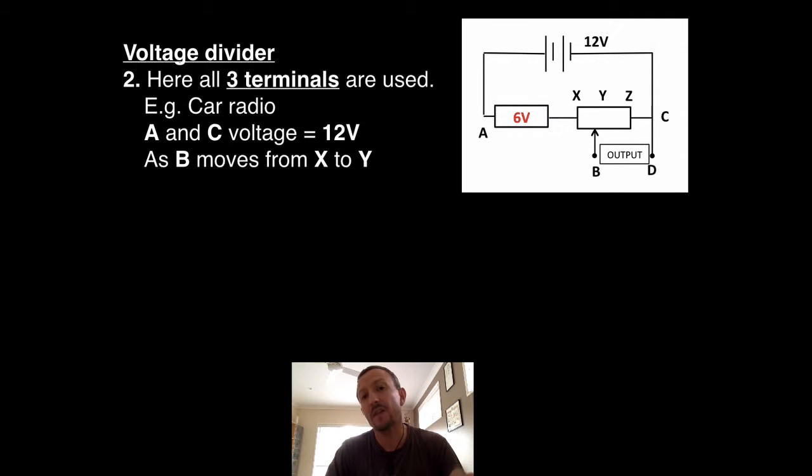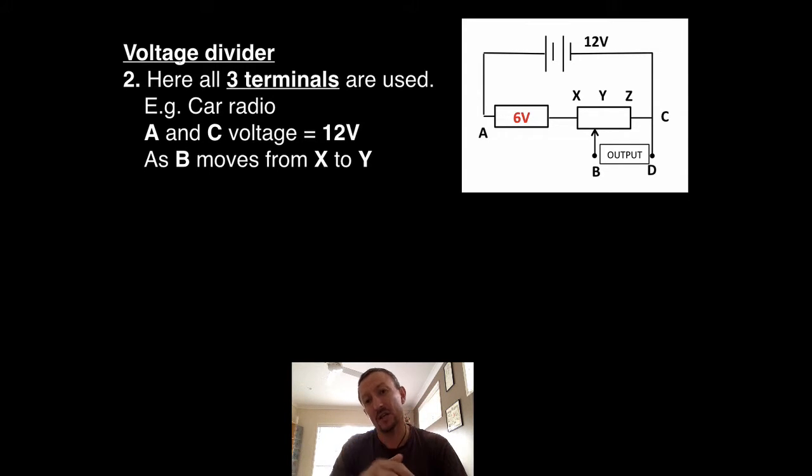Then in the car stereo there'll be a variable resistor on your output control for your volume, and the result is you can then use your wiper on your volume to basically say whether I'm going to get 6 volts of energy coming out as sound, i.e. it will be high,